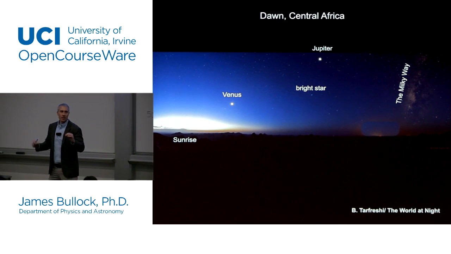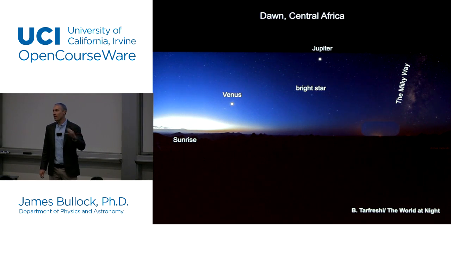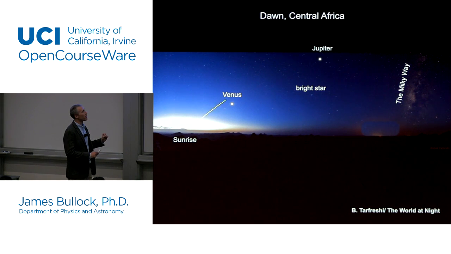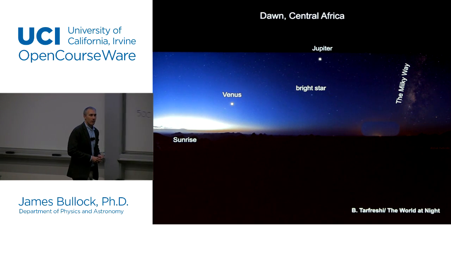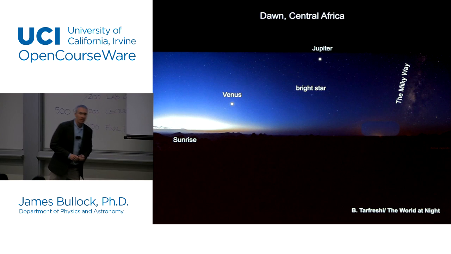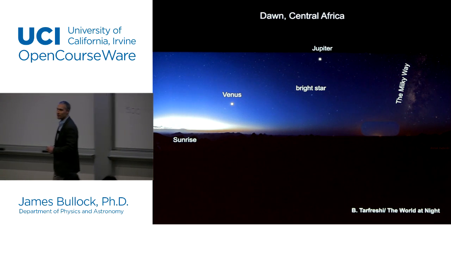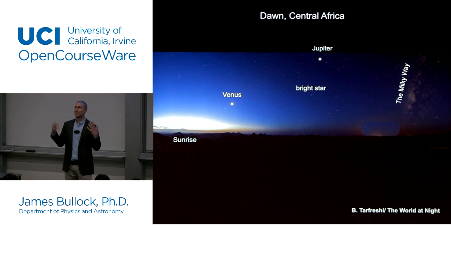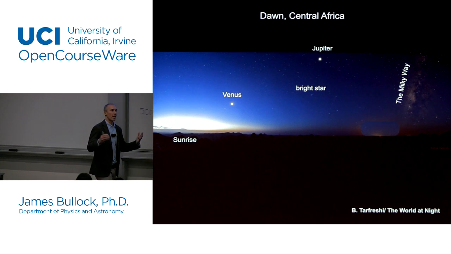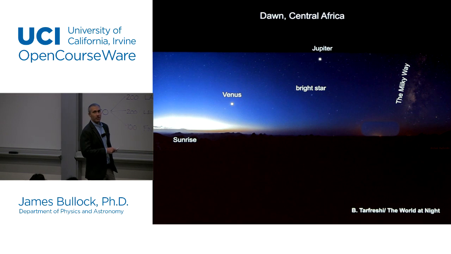But otherwise, people living 100,000 years ago, who, as far as we could tell, were just as smart as us, would have looked up at the night sky and seen something like this. It's hard to imagine that those people would not have been asking themselves the same questions we ask ourselves at night when we look up at the sky. What is this? How did we get here? What are these bright things?